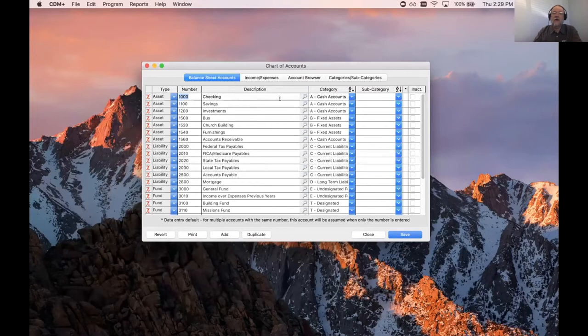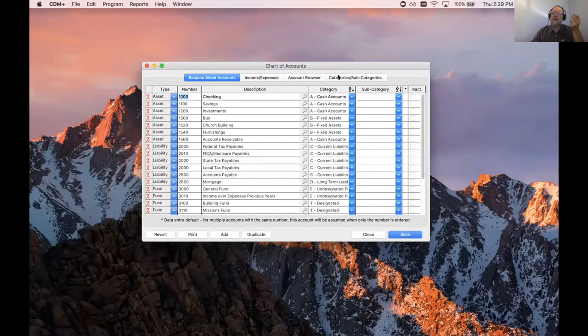And you might recall that they were grouped together first by cash accounts and then by fixed assets. And so all that grouping happens by category. And remember, I notice here there's a 7th asset account down here for accounts receivable that we have categorized as a cash account. So the categories that you use for grouping accounts together,